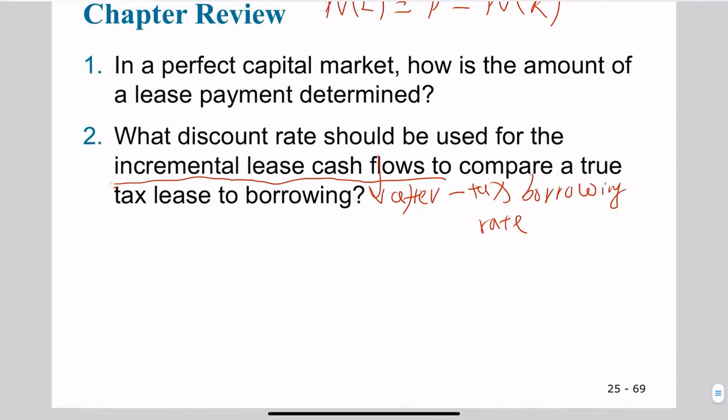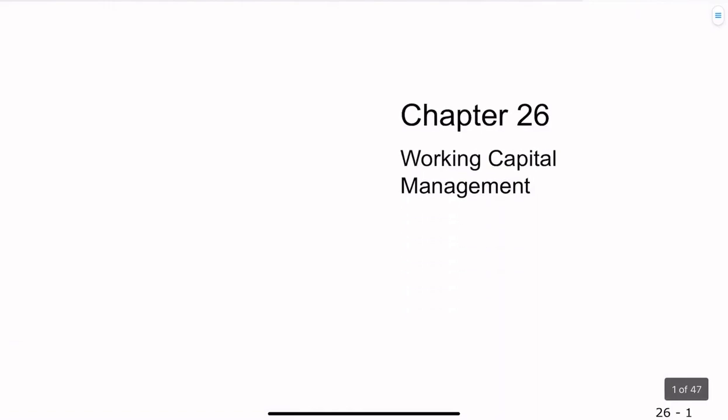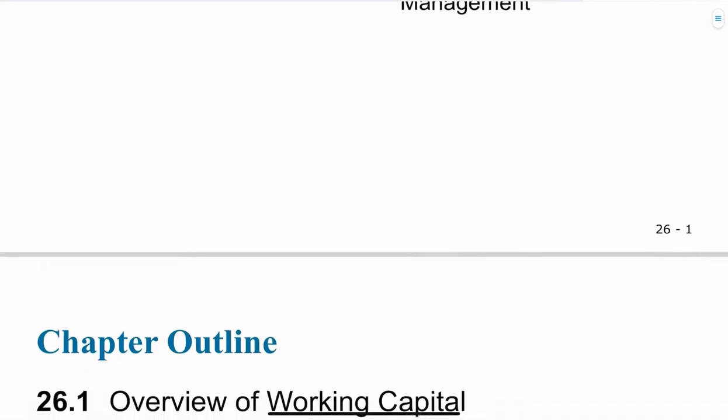Okay, now let's proceed to the next chapter, which is chapter 26. So here we will talk about some short-term financial management. So here we will start with working capital management. So what's the motivation, right? Well, because